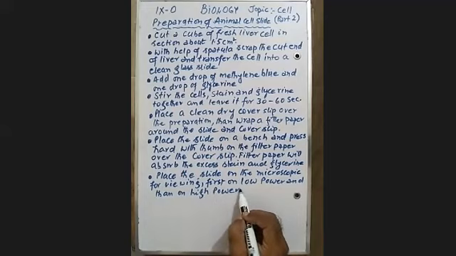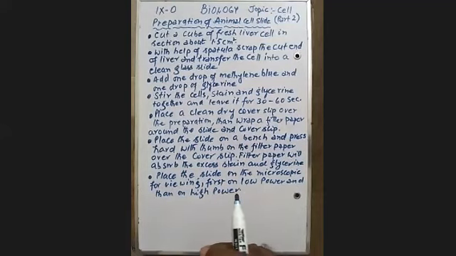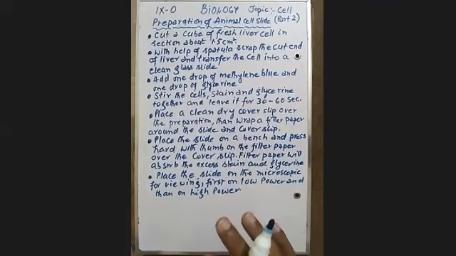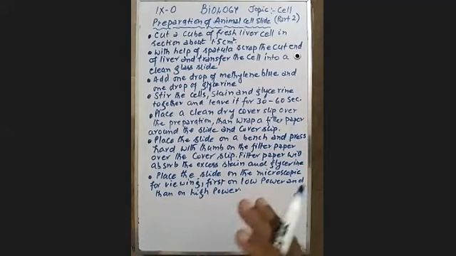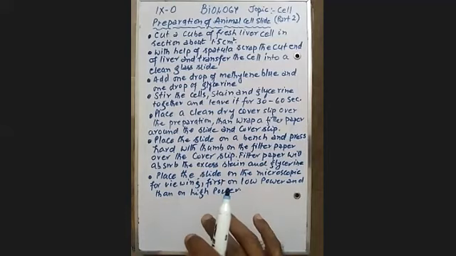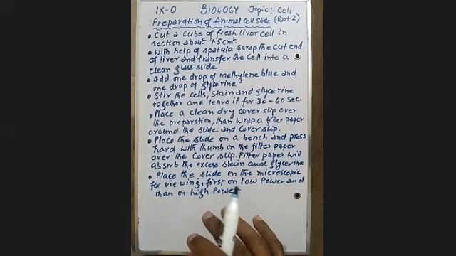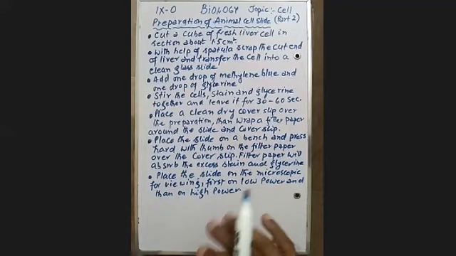Okay, children, I'll repeat it once more so that I explain the points again. For the preparation of an animal cell slide, this question usually comes in the ATP paper. Remember this question comes in the ATP paper: how will you prepare an animal cell slide? But sometimes it is given in the theory paper too. It is not advised to use cheek cells. We can take them also, but it is not advised now.